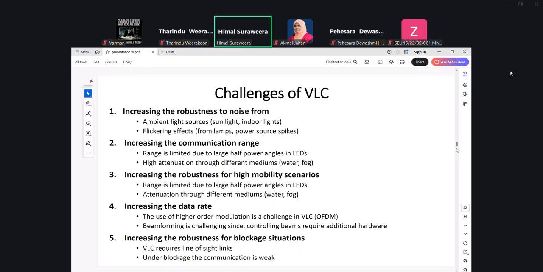Narrow beams are not good for increasing coverage. Wider beams are good for increasing coverage, but there is a trade-off between interference and coverage. So all those kinds of things can be solved by applying particular kinds of machine learning algorithms. That is why I mentioned these as challenges.